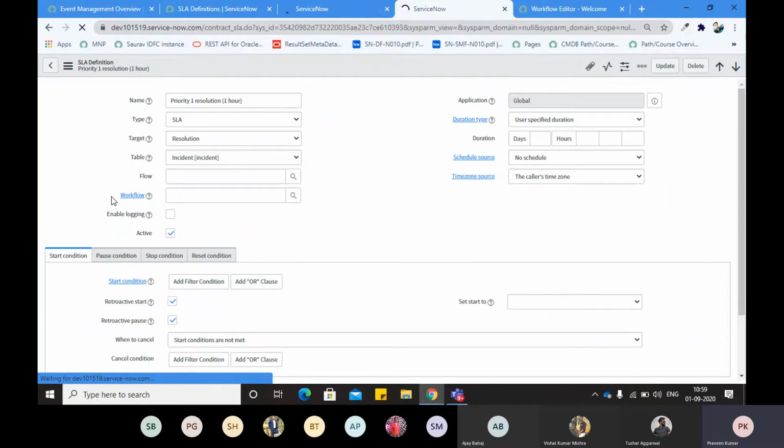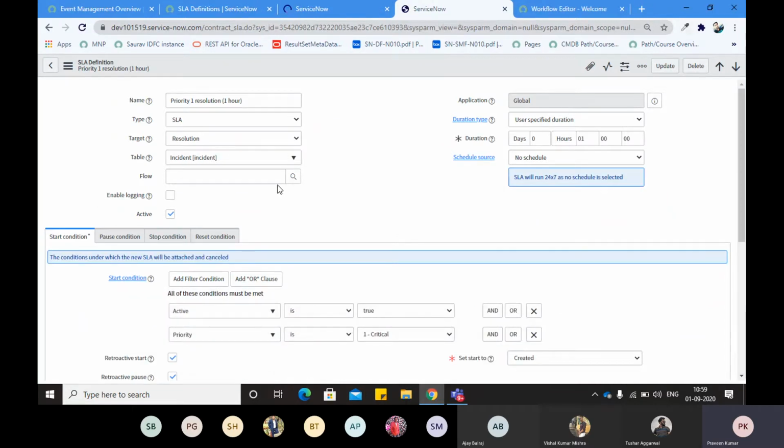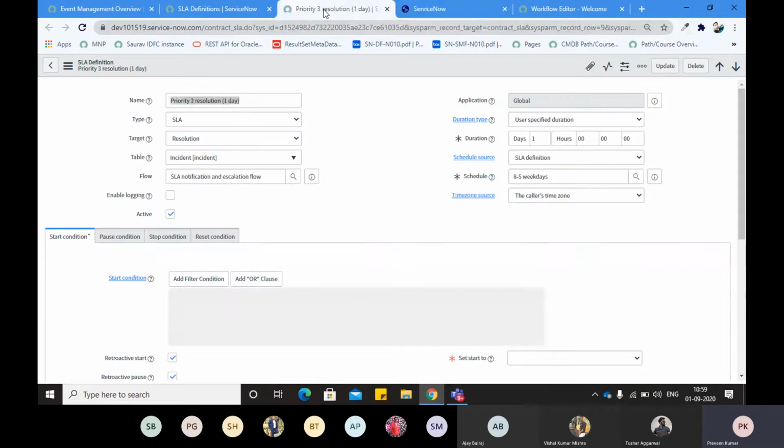Right. You guys see this workflow here. You will click on that workflow because this is in a different module. That's why. 1 minute. Let me show you.